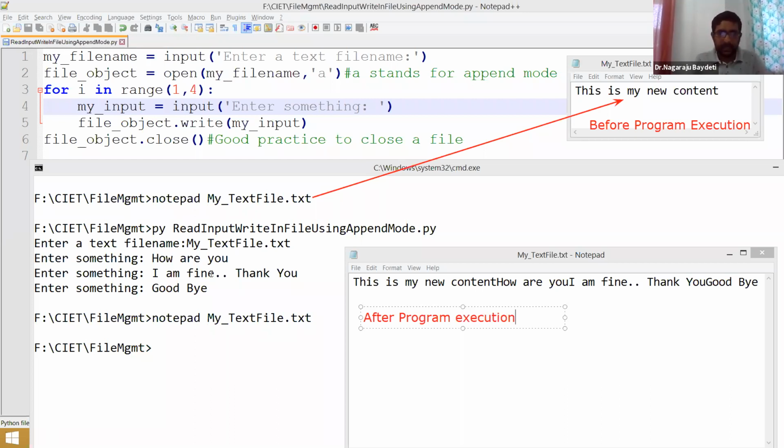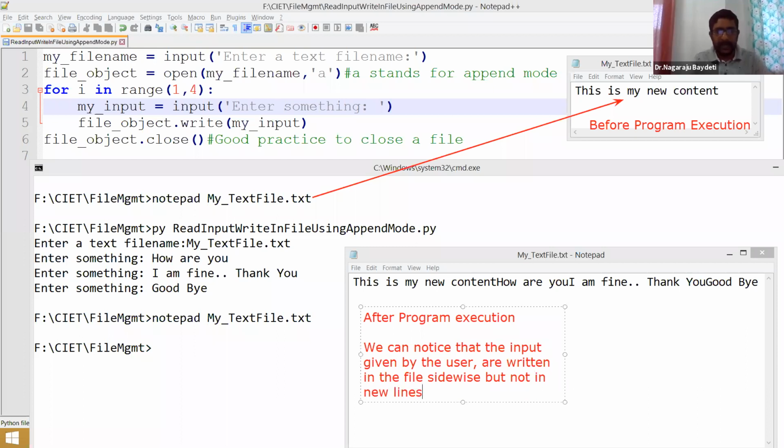You can clearly see the input, whatever I entered. We can notice that the input given by the user is written in the file side by side only, sidewise, but not in new lines. Correct? It's coming exactly after the contents, like how we write. It is not coming in a new line.